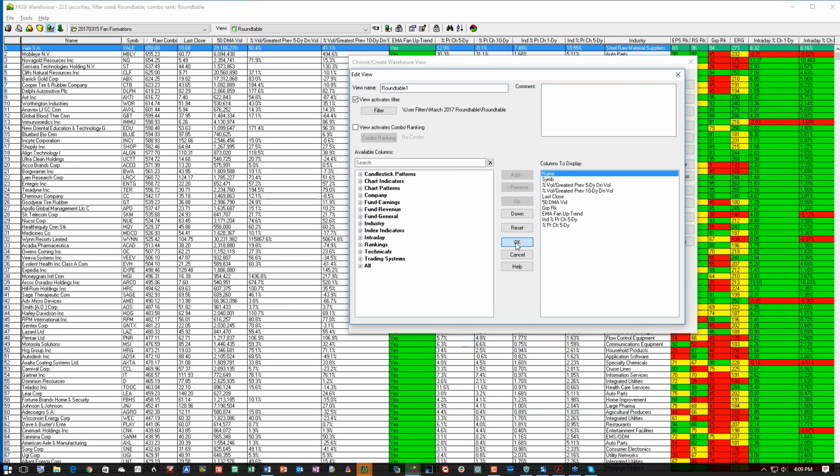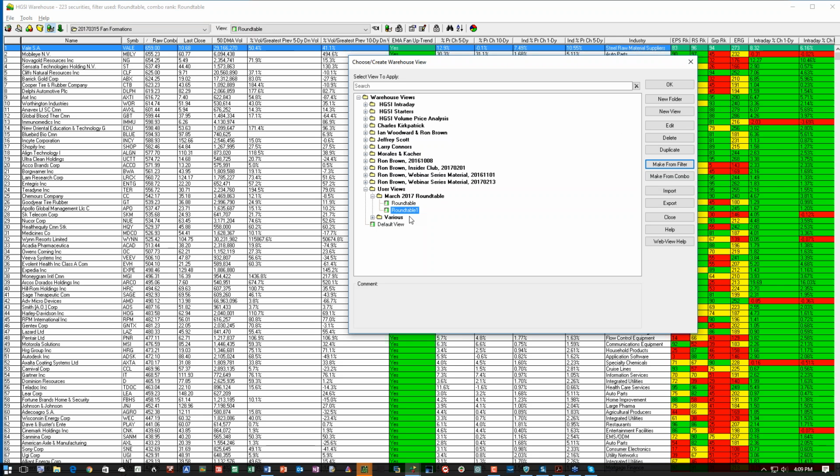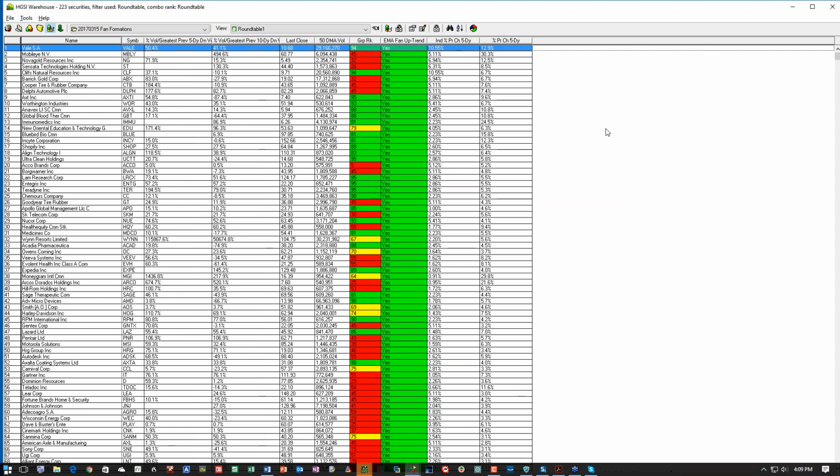If I just bring up the warehouse view before I do anything to it, it's going to put Roundtable 1 behind it because I already have a Roundtable view. If I click on that, these are the fields which are in the filter. Now you're going to have to finish this off to make it really workable. If you scroll down to page 2 of the PDF,